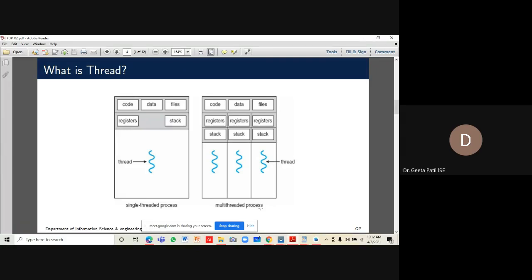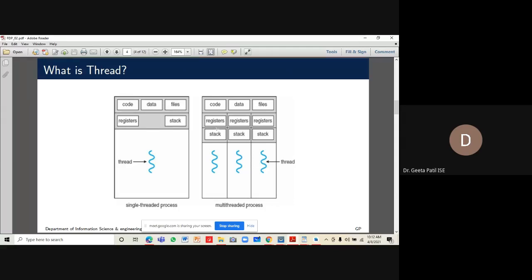What is the specialty of threads? Threads share resources heavily. You can see in this diagram a process consisting of 3 threads. These 3 threads share the common code area. They share the data, and they share the files opened by the application.